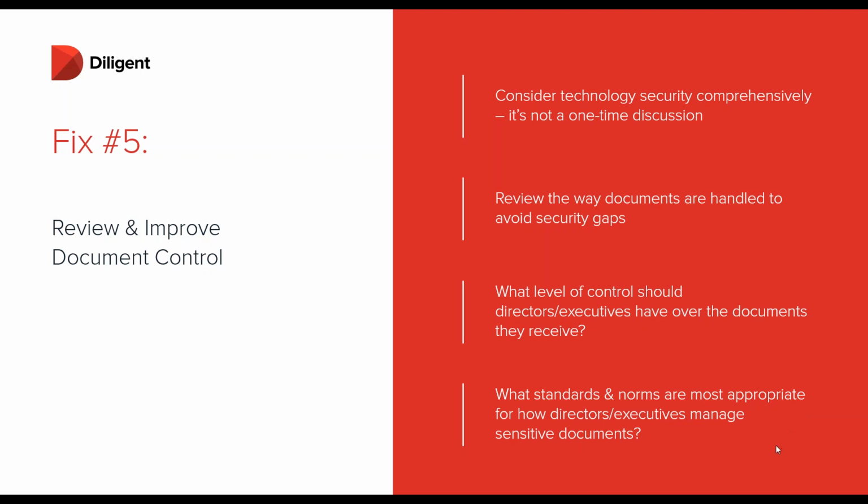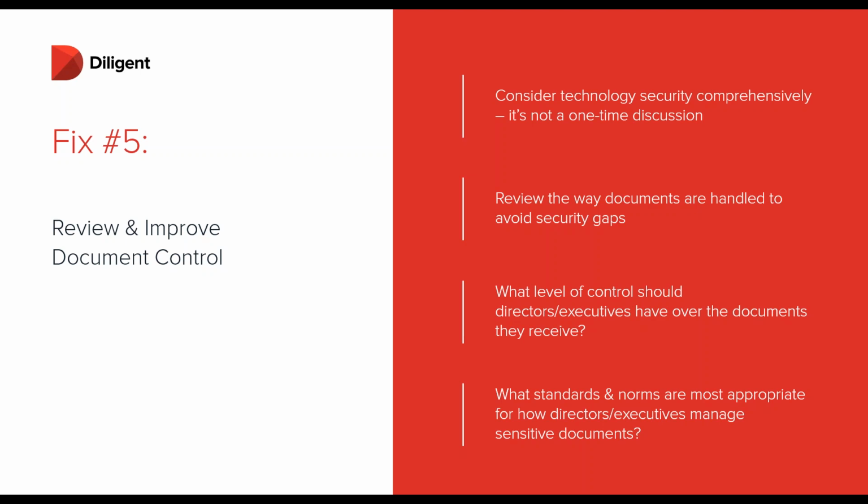So the first thing that I want to talk about is document control. And this crosses a few different areas. Primarily, you want to think about who has access to these documents. And I think that happens naturally, as the makeup of the board changes and people come off and on. You do look at that organically, make those changes, and that's not so much of an issue, but it's only part of the process. The other things that you have to consider include what kind of access do these people have, and what kind of risks does that open up depending on the ways they can use these documents.